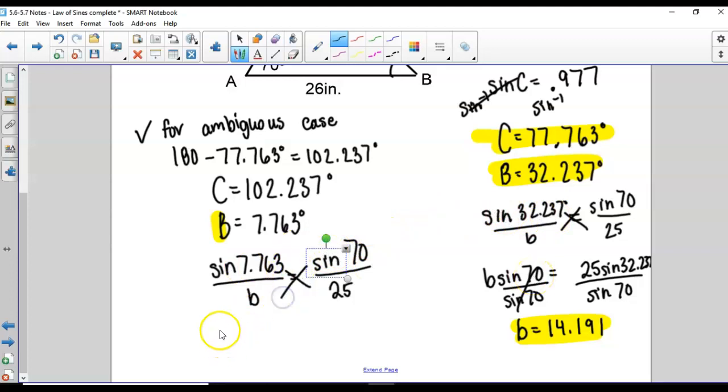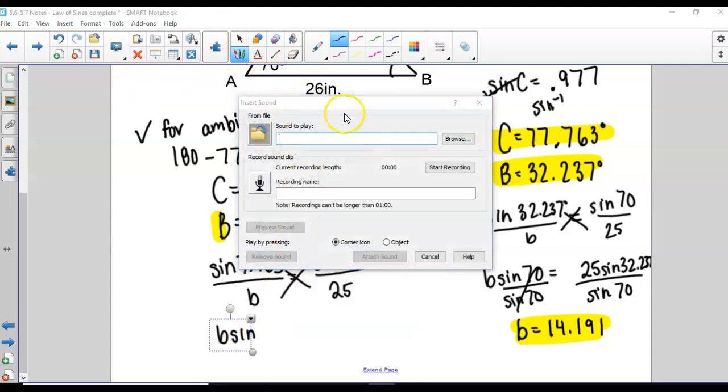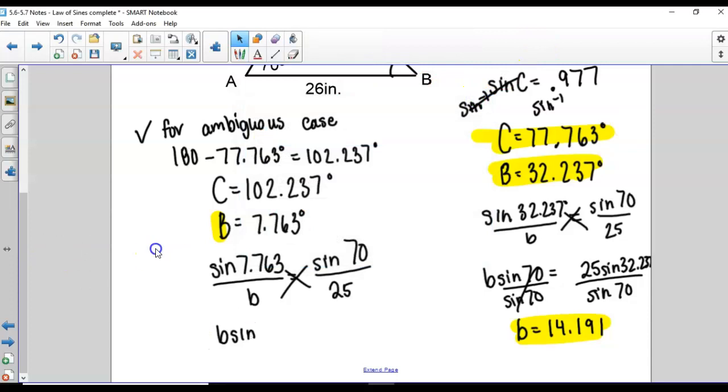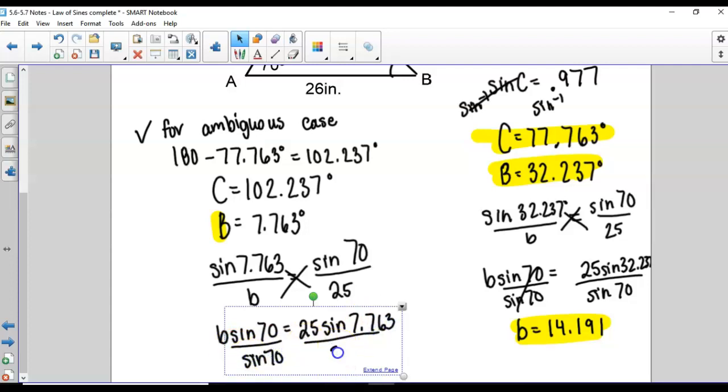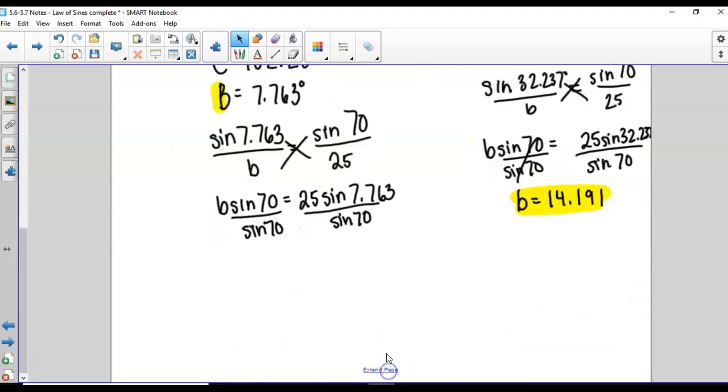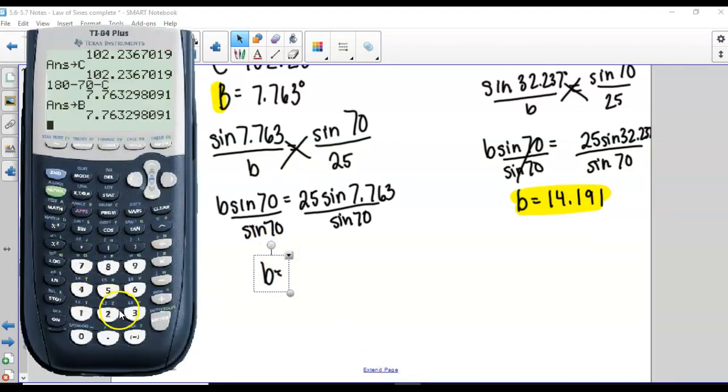You'll cross multiply: B sine 70 equals 25 sine of 7.763, then divide by sine 70. And so B equals, what do we get here? 25 sine of B